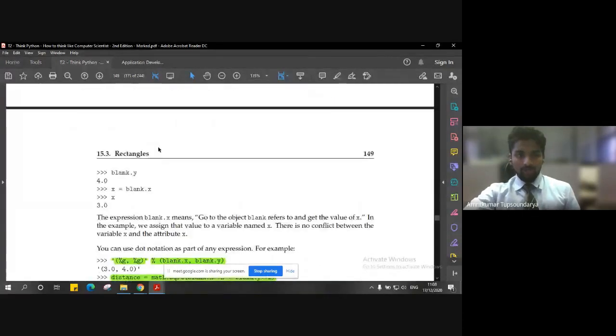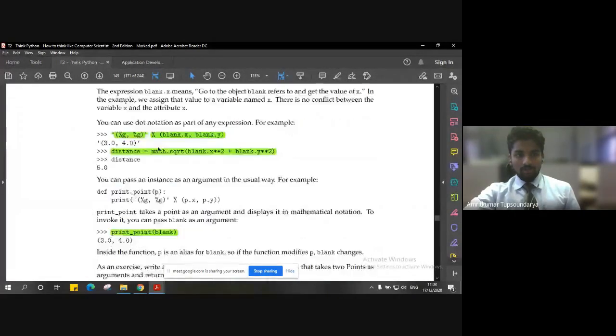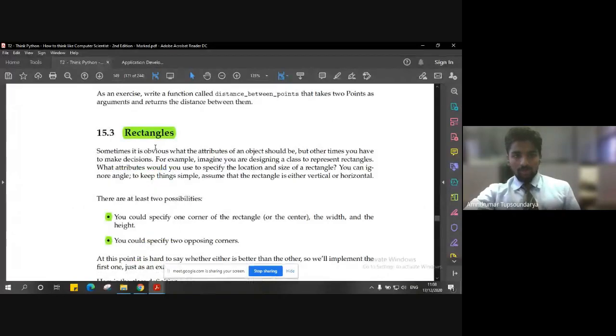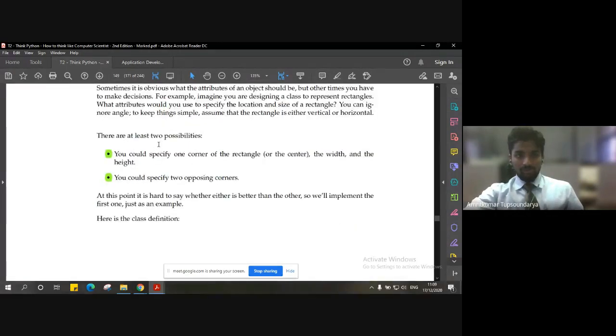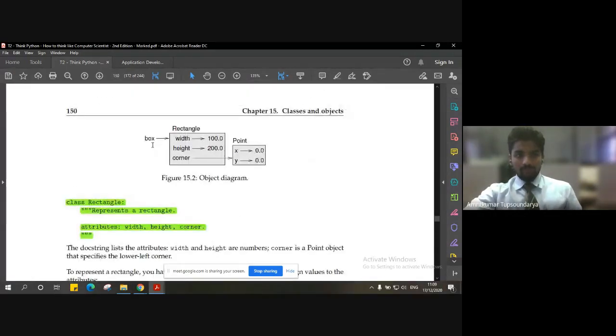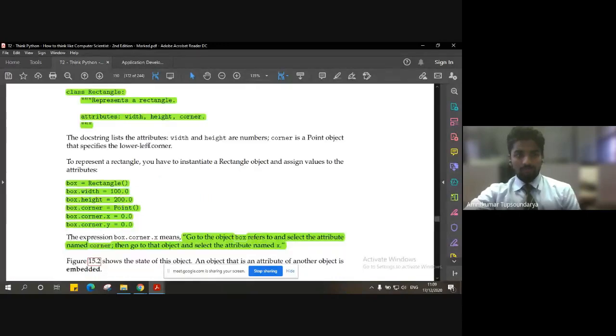How can we retrieve those attributes? Then we saw again a type, the point, and how it can be used to do some task like creating a rectangle, taking some size of that rectangle and the location of that rectangle. So we saw two possibilities here, and we saw the object diagram for that, right?